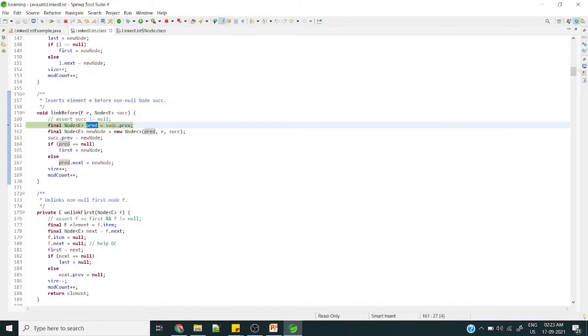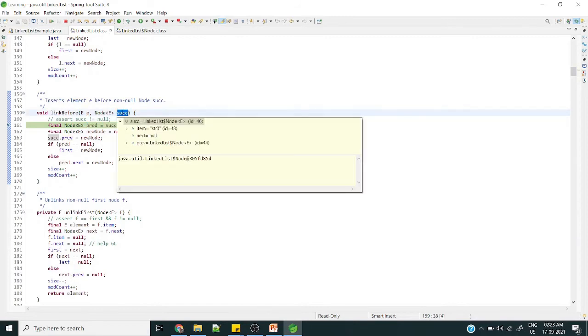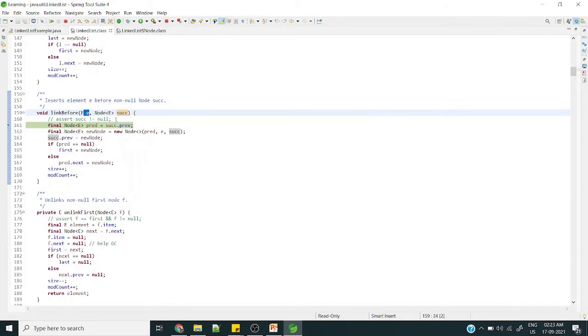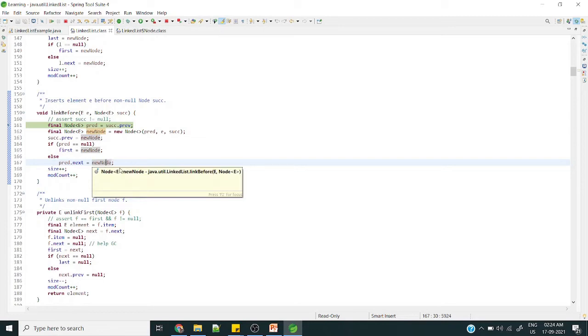This is the previous, the successor's previous. The previous of this one now moves to this one. Then I create a new node for this E. Then success dot previous equals this new node. Then I add null, then the else part with the new node. Very simple, no difficulty here.